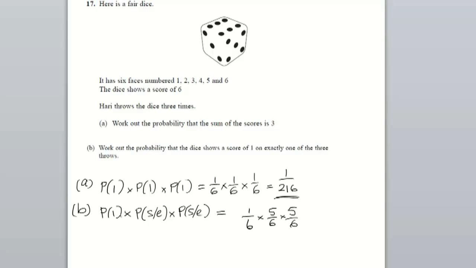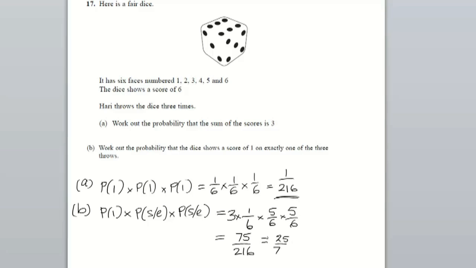That's the probability of it being in this particular configuration, but that could be the second throw, or it could be the third throw. So it's 3 times those. All you're doing in each separate case is swapping where the 1/6 is in the multiplication. So that's going to give us 75 over 216. Divisible by 3 gives us